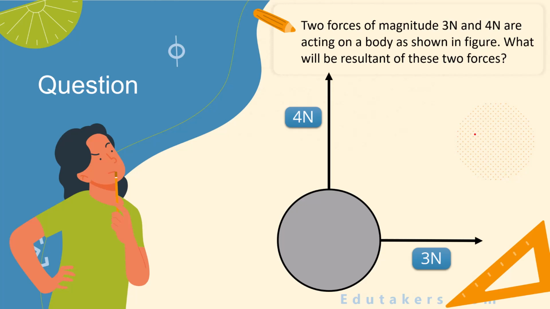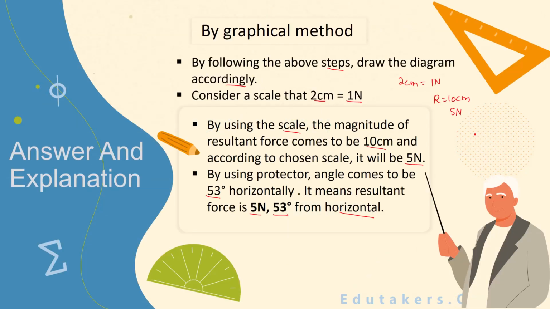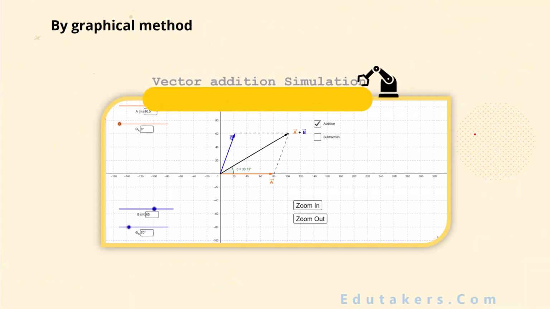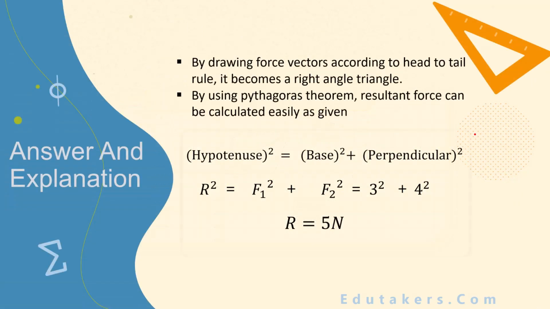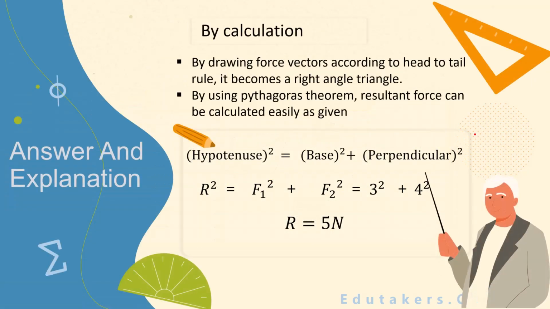The same example is here. There are two forces, 3 Newton and 4 Newton. Both of these are drawn to the appropriate scale. You need to find out the resultant of these forces by the calculation method. So let's go to the calculation method. Here you can see the answer and the explanation of the question, where there are two vectors, 3 Newton and 4 Newton. Both of these are at right angles to each other and you need to find out their vector addition. So let's go to the diagram.